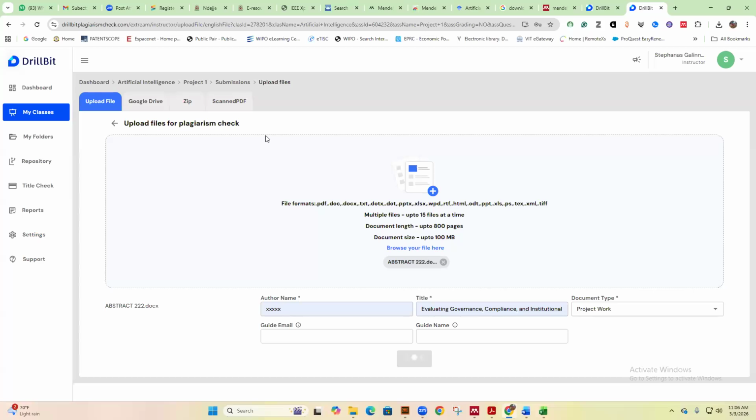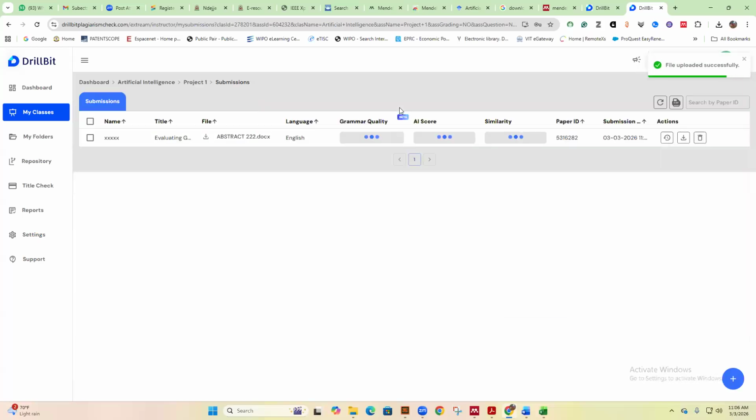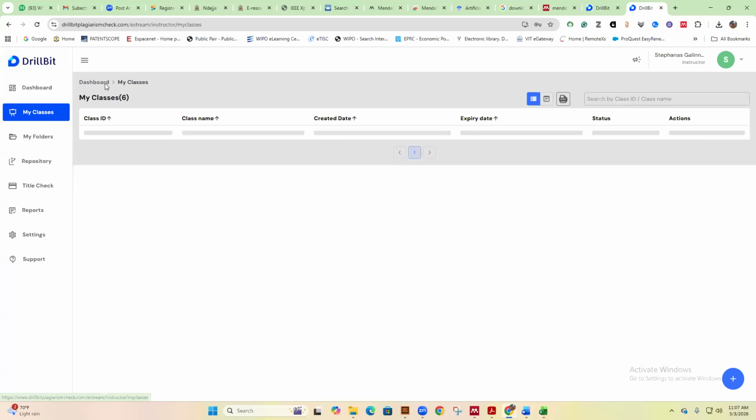So the plagiarism tool is going to give us 3 reports: the similarity report, the AI score, and the grammar quality. So it also depends on the bandwidth to generate this faster. If the network is slow, it might take longer. Then as a